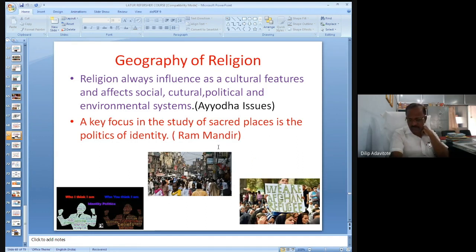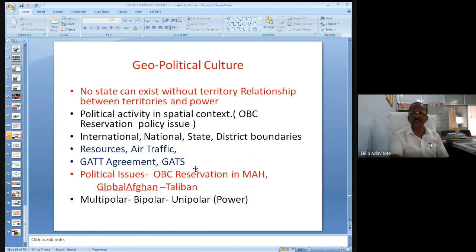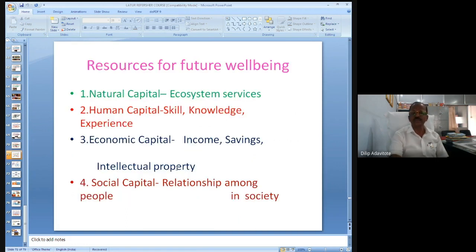Now, in some way or the other, politicians are taking this issue onto their agenda. They are talking about religion. We know the Ayodhya issue is there, and therefore we must talk about this Ram Mandir issue. Geopolitical culture, multipolar, bipolar, unipolar power systems are there, and this power system is playing a very important role. And coming to the